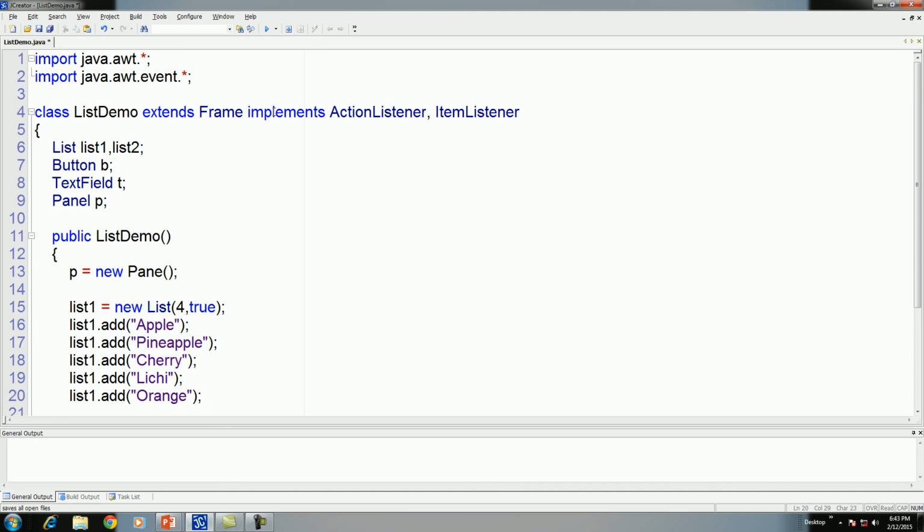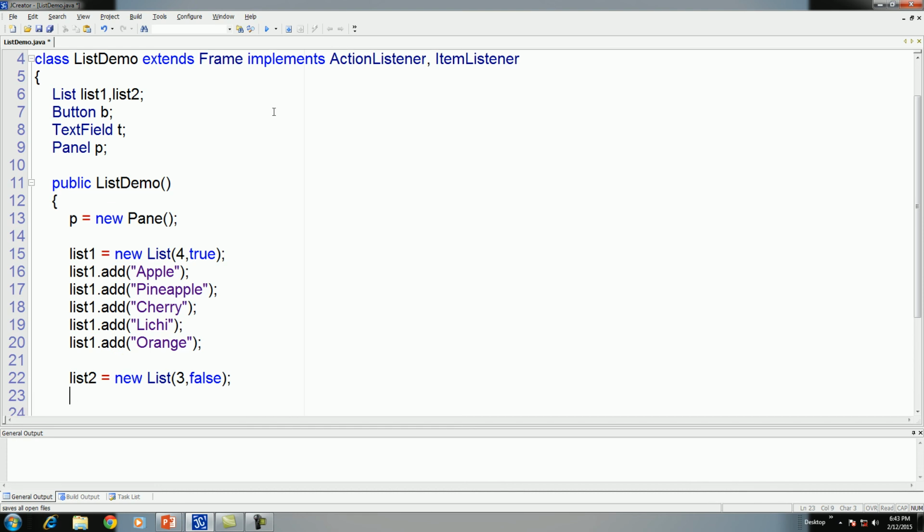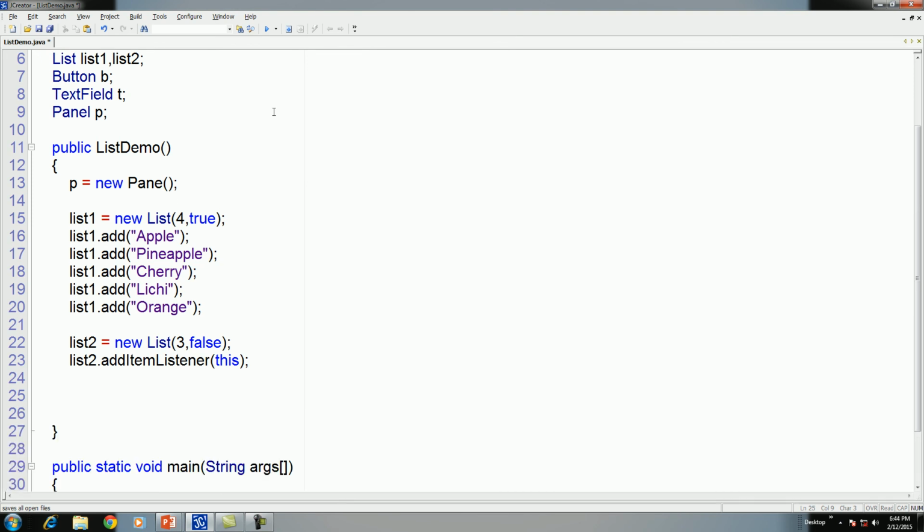Now build list 2. Suppose the visible area is 3 and the value is false, that is, it will allow only a single selection. For list 2, add an item listener. Then there is a text field and a button.